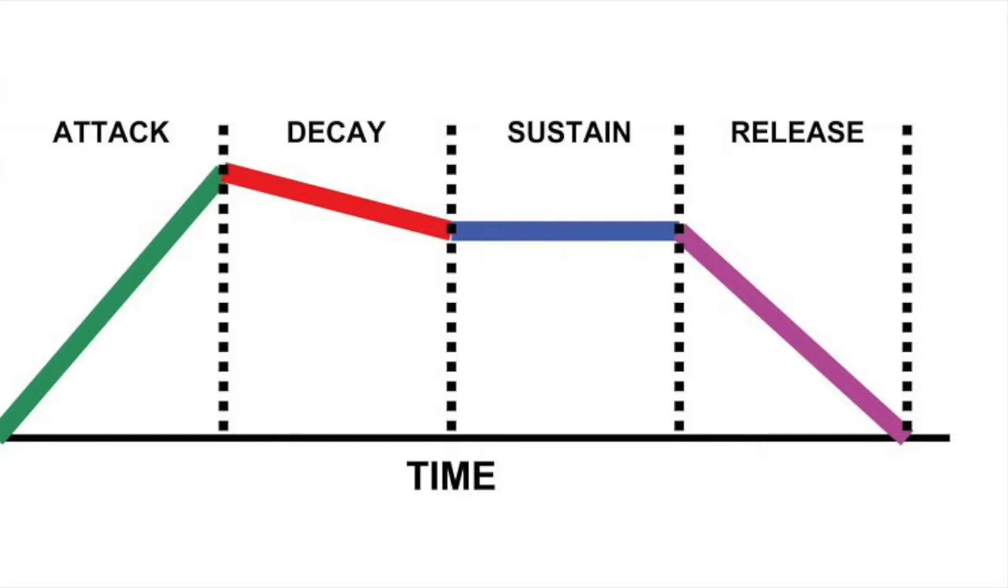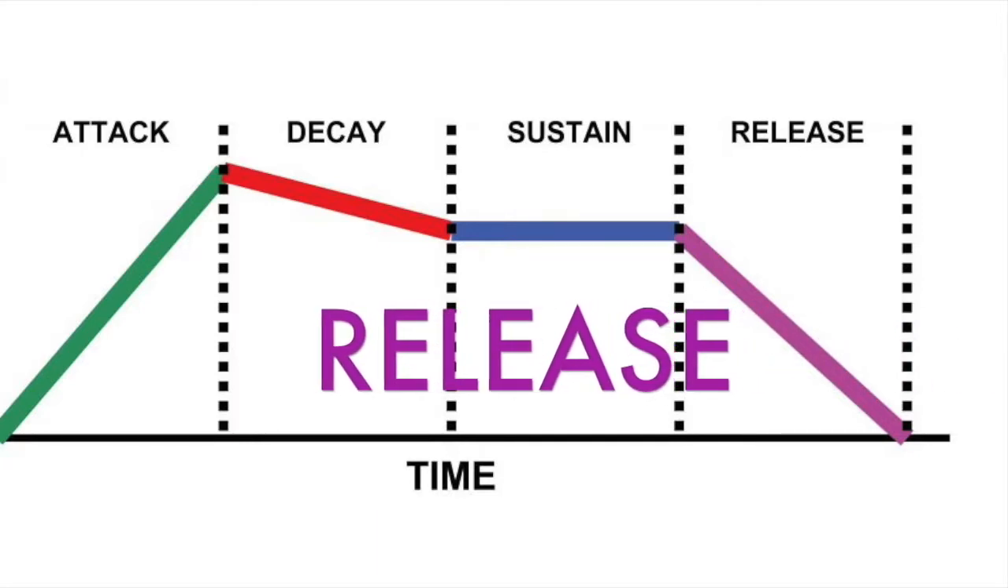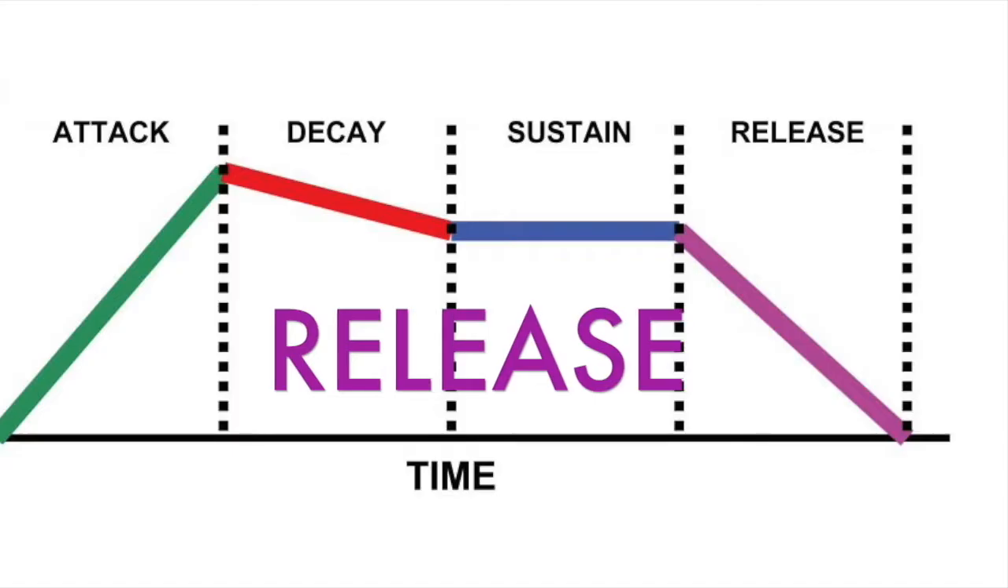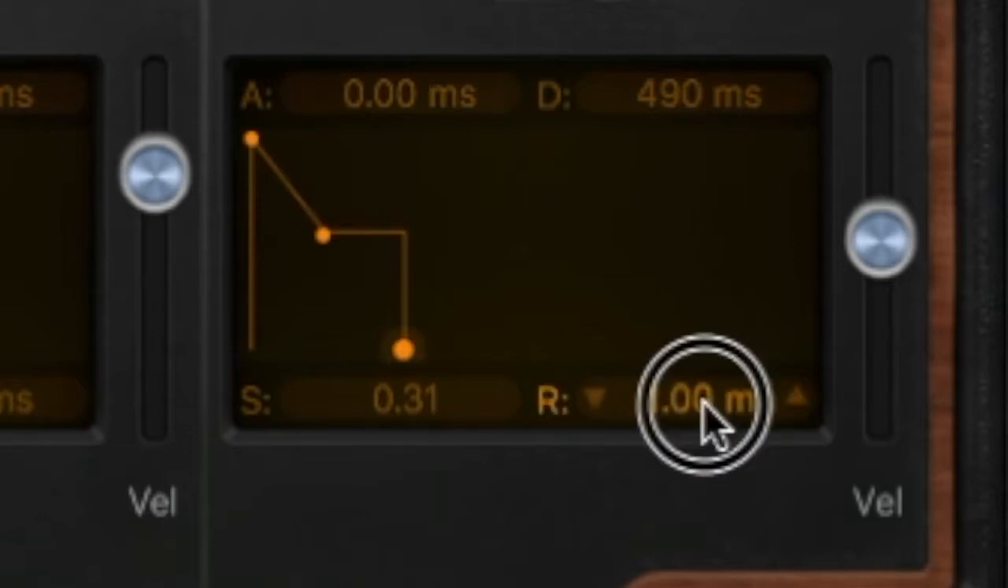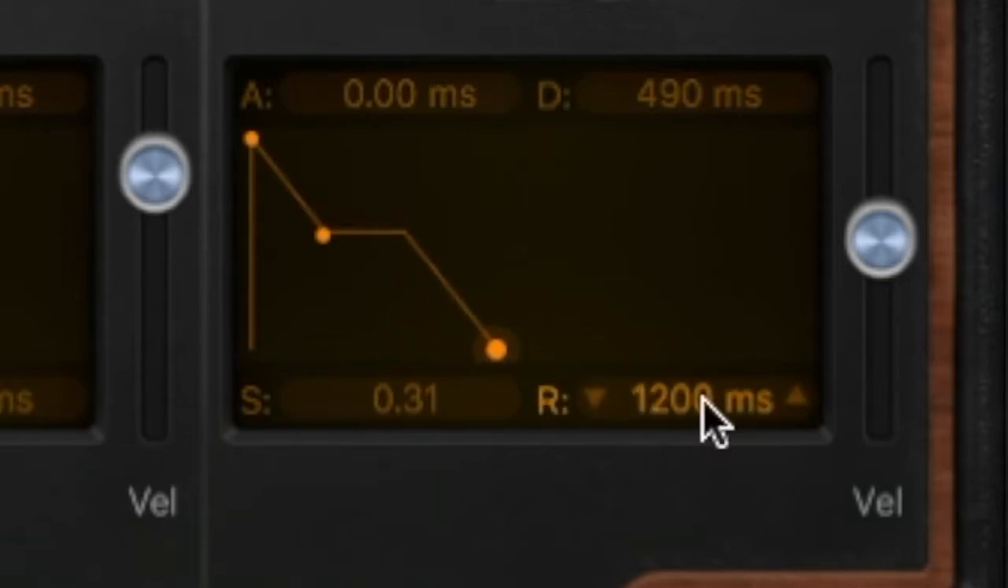And the very last parameter is release. It says how long it will take the signal to fade out after the MIDI note is released. If we set it to 0, the signal goes away immediately after I release the key. But if we make it longer,